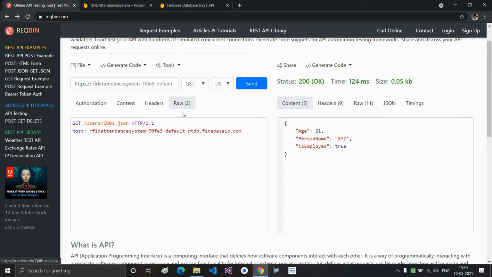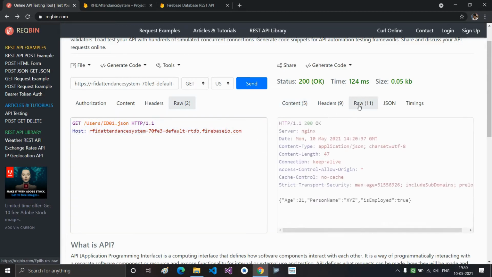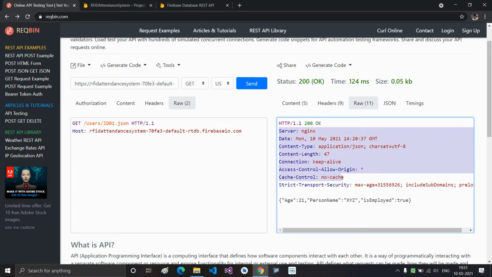If you see the raw request, the GET request looks something like this. And if you see the raw response, this is how the response looks like. In the previous slides, we have seen how an HTTP request looks like. So this is how an HTTP response looks like. Line 1 indicates the status of the request. So we got 200 and OK. You can see status OK, it shows. And then all the other headers are shown here. And finally, after one line spacing, the content that was sent back from the server is shown.